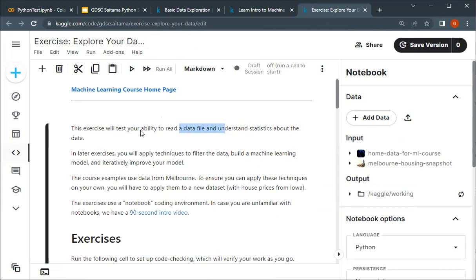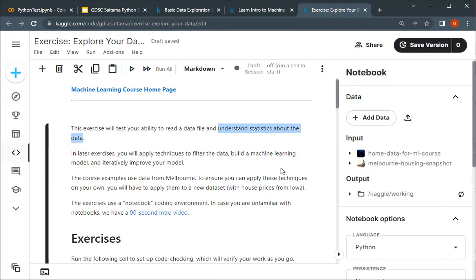In machine learning, it is very important to understand statistics about the data. No matter how good your machine learning model or algorithm is, we need to understand the data statistics thoroughly, because